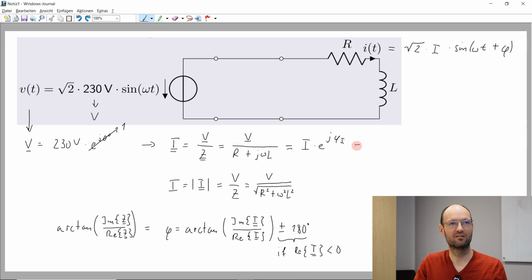And this is what we get from voltage divided by impedance multiplied with the magnitude of the impedance, because we have no phase angle here. The phase angle here is 0. So the phase angle of the current and the phase angle of the impedance